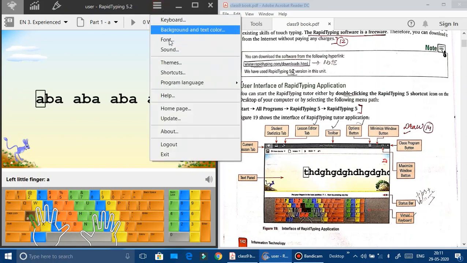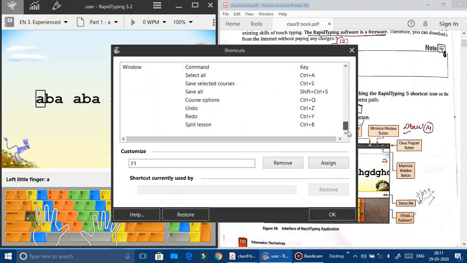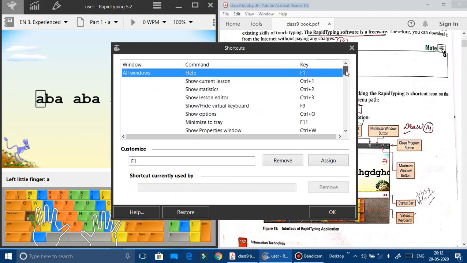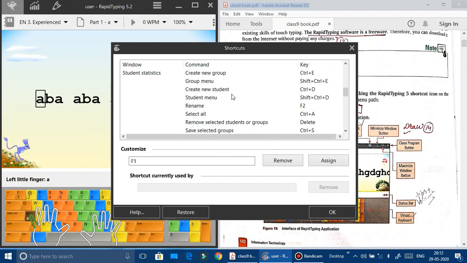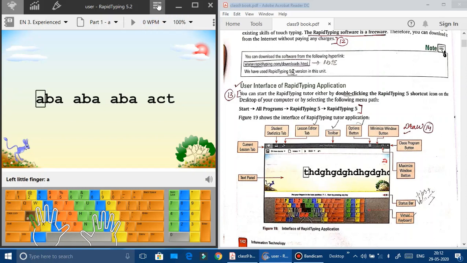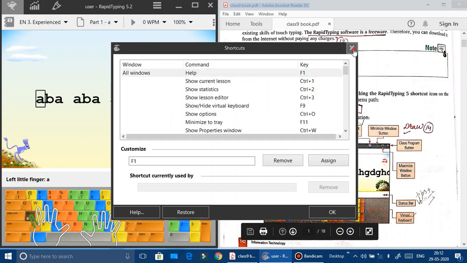When I click on the options button, there is one particular option, shortcuts. This is very important. When you click on shortcuts, you will get the shortcut menu of all the keys. You need to learn them and note them in your notebook, making a table. It is not given in your book, but this is very important. You must note it down and try to learn them. Rather, you should start using them when you are using this software, then automatically you will learn them. So from where did I get it? The options button, then shortcuts. From there you need to note down in your notebook.